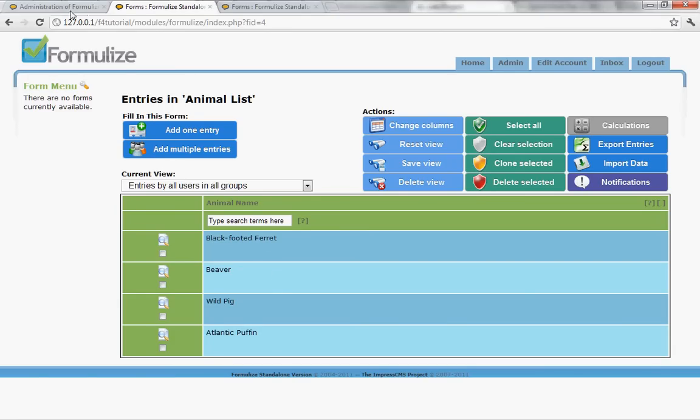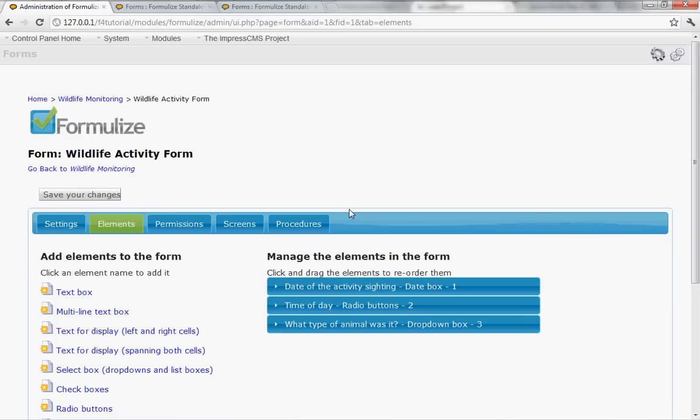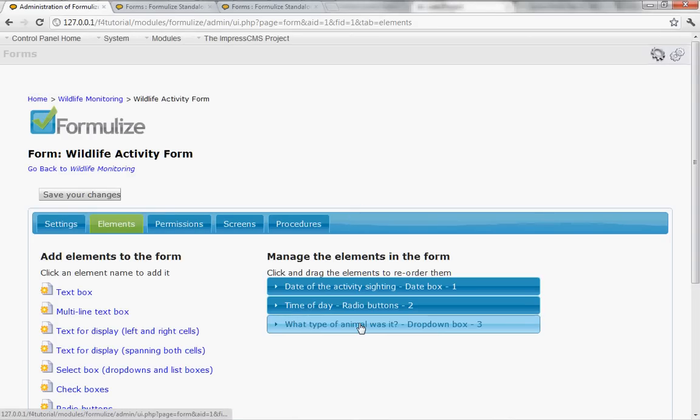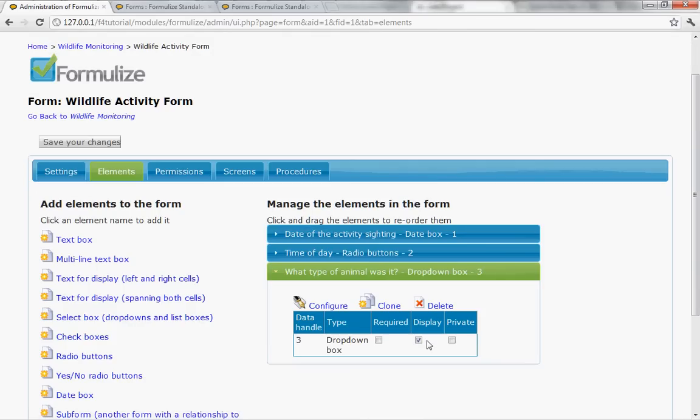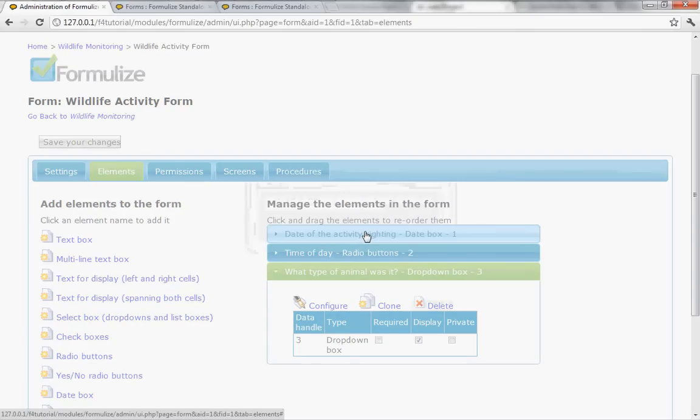Now what that lets us do is when we go to the wildlife activity form, instead of what animal is it as a drop down, let's just delete that element. Now we're going to lose all data that people have recorded in here, but that'll be a little odd the first time we go back into the form, but we can deal with that. We're just obviously still setting things up here. So are you sure you want to delete the element? Sure, let's do that,